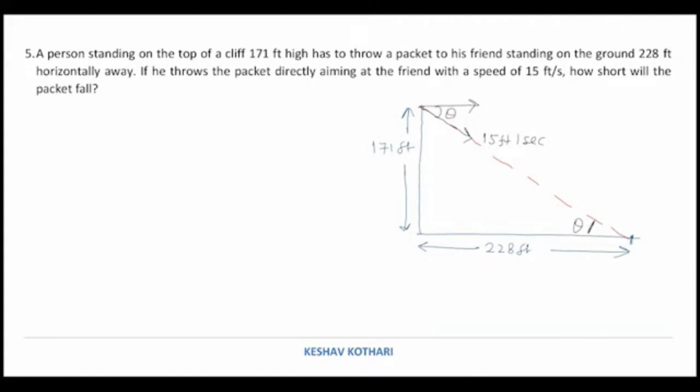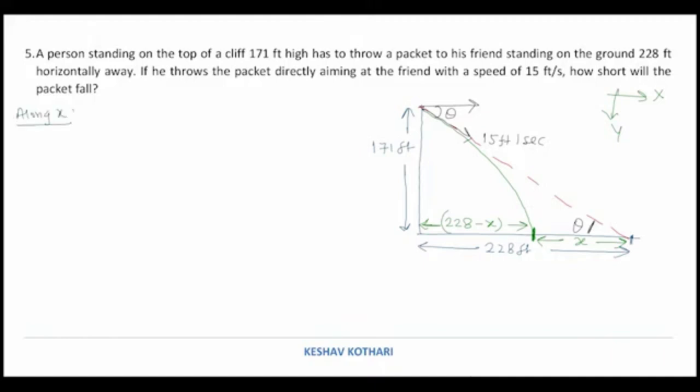How short will the packet fall? So now what will happen? The packet will follow a projectile path like this and will end up somewhere here, and it will fall short by a distance x. So this can be written as 228 minus x. So now if we use the concept of the two-dimensional motion, I am considering this as x-axis and this one as y-axis. So if I write the motion along x-axis,